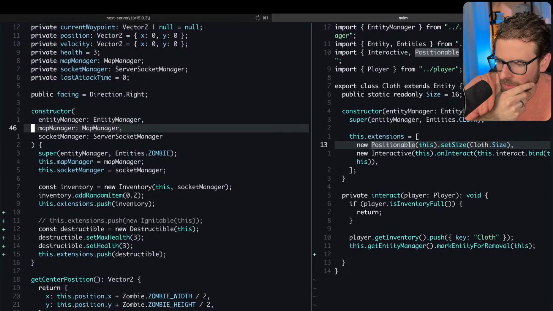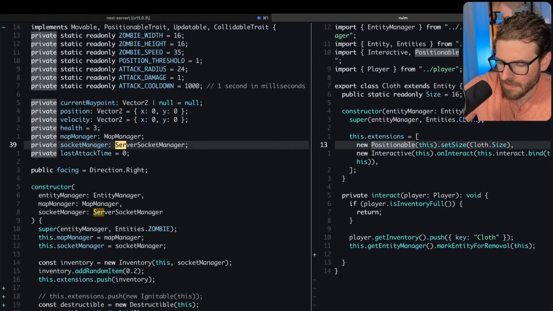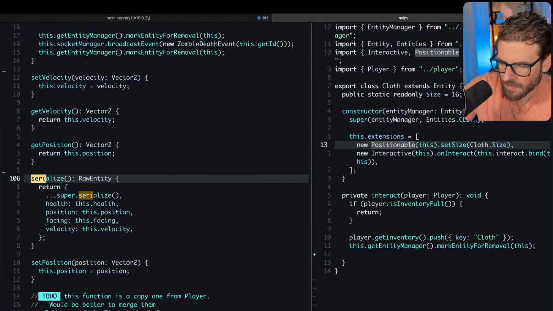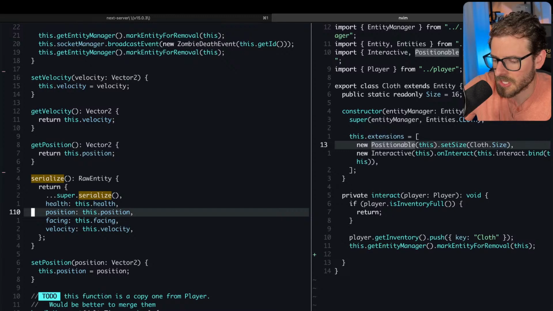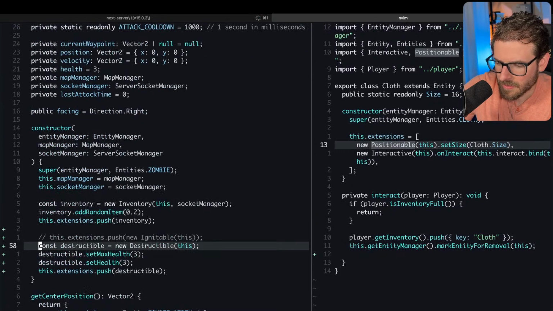I mean, it should still work. This has a position on it, and this has a serialized method, which we send over the position. We already verified that the position's coming over correctly, right? So now we've got to figure out